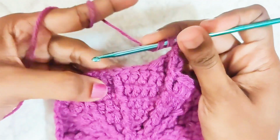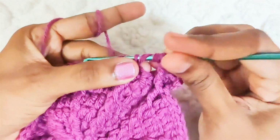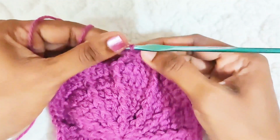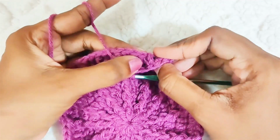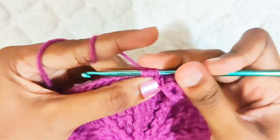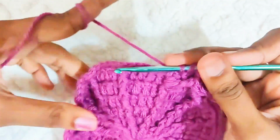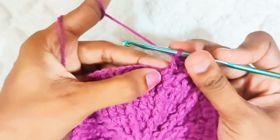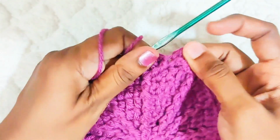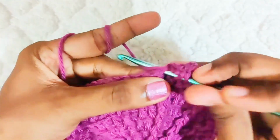Now 1 more front post treble crochet in this stitch. This is how it will look. And 1 double crochet in the next stitches. That's 1, 2 and 3. Now repeat this: 1, 2, 3, 1 double crochet in each stitch,